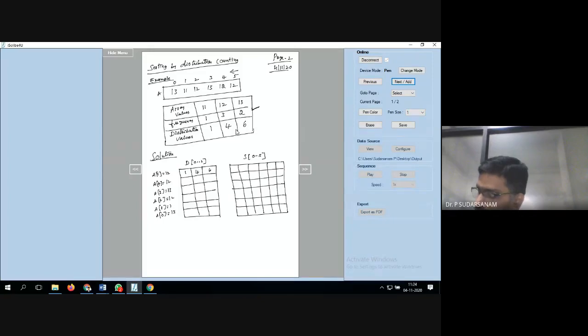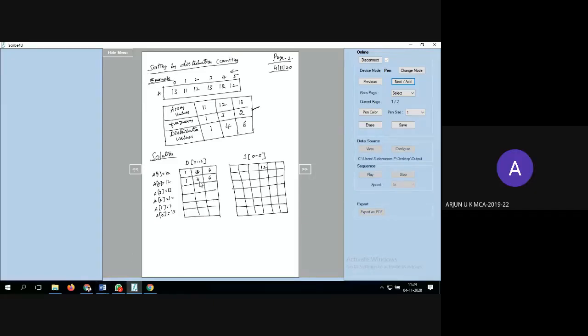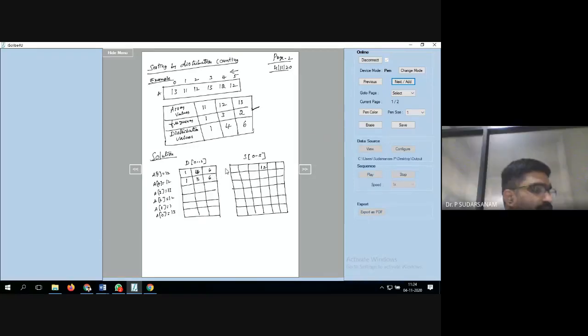0, 1, 2, 3, 4, the fourth location. So we have to write the value 12 there, and the distribution is 4. Once you enter that value, there is no space, so subtract the distribution by 1. That is 3. So copy the remaining values as they are. Once again, I'll tell you. Sir, the fourth location is last, right? 0, 1, 2, 3, 4. So you wrote on the third location. 1, 2, 3, 4, 5, 6.